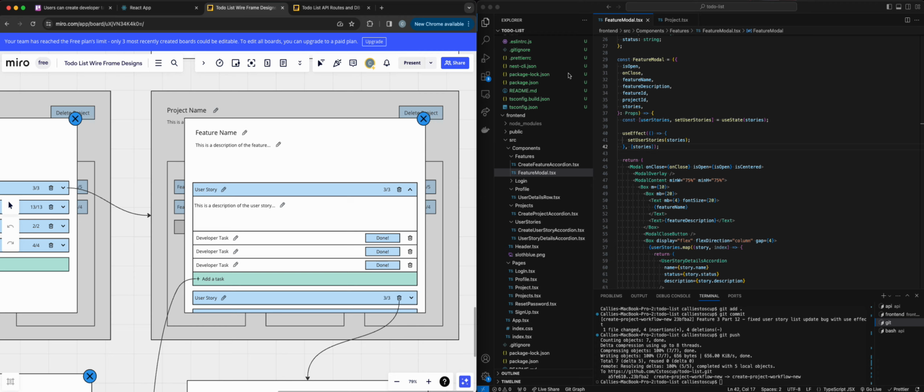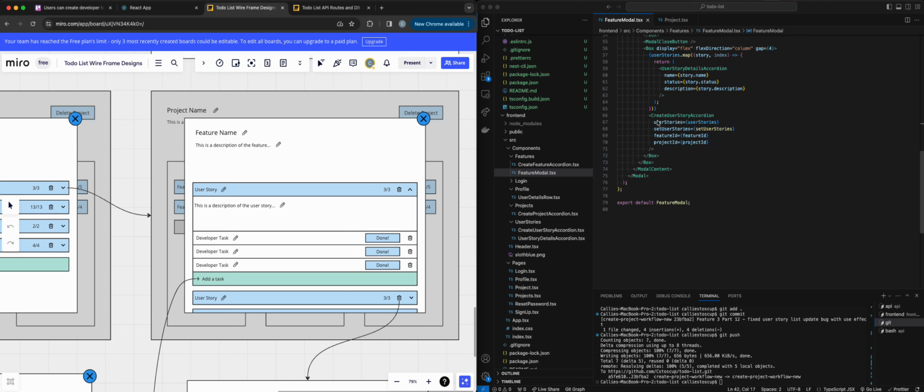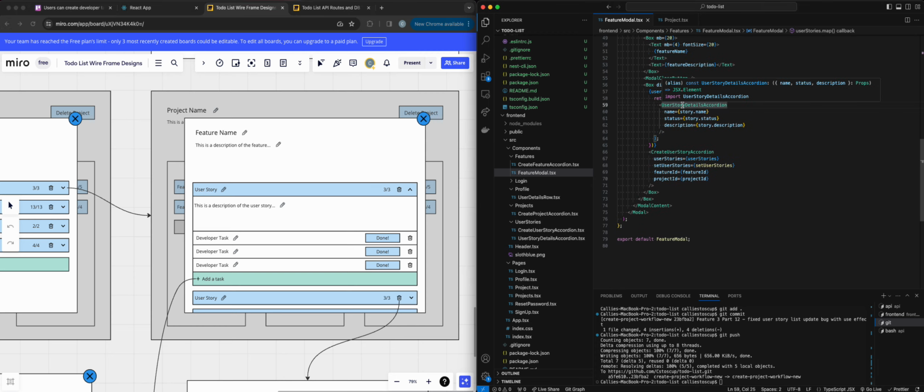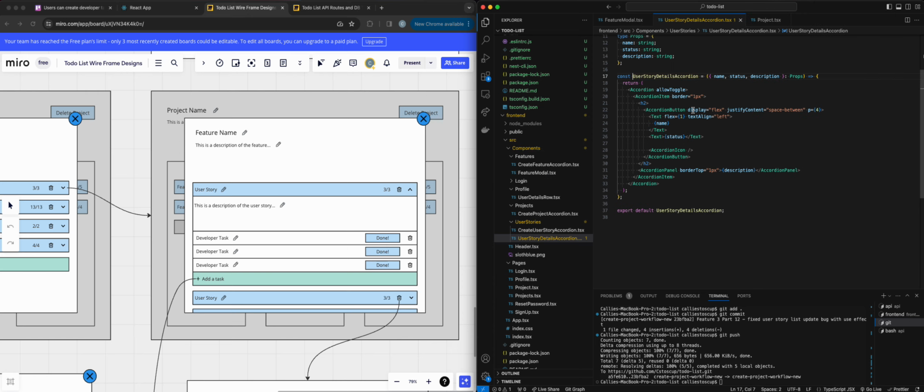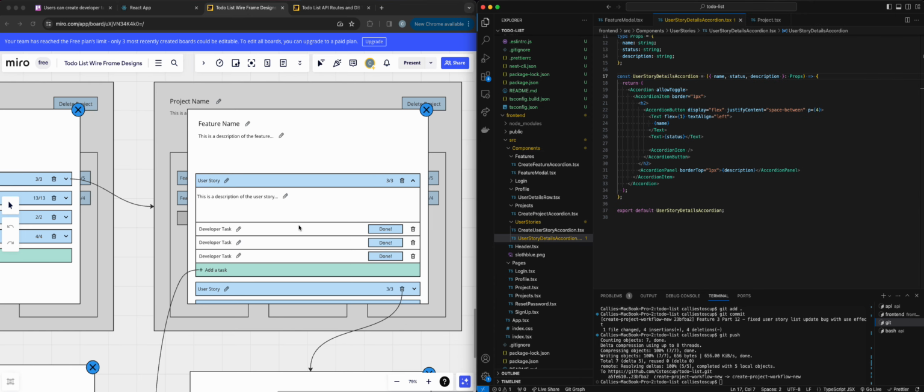So we're still on the feature modal. All right, and then we are within the user story details accordion. Okay, and you can see that then we will have a list of developer tasks. Okay, so this is going to be an item in the accordion item here. Okay, and then we are going to have